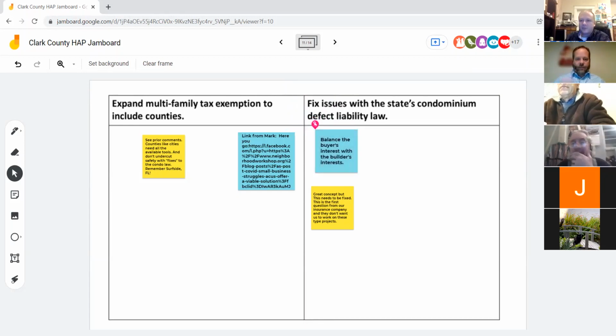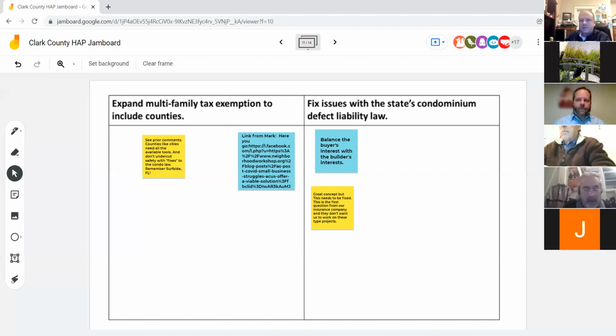You can't swing the pendulum too far in one direction, but we don't see condominiums being built at all, except for luxury. And there's a reason for that. It's tough. Being in the building industry, you should offer some form of a warranty, right? And it's a tough issue because sometimes things come up that you can't see initially, but they should be differentiating clearly between negligence or fraud, that type of thing,